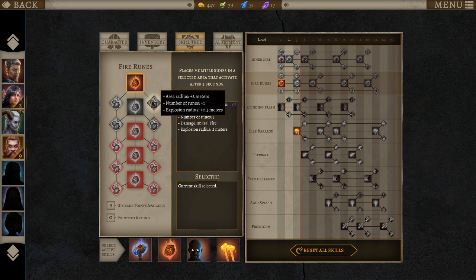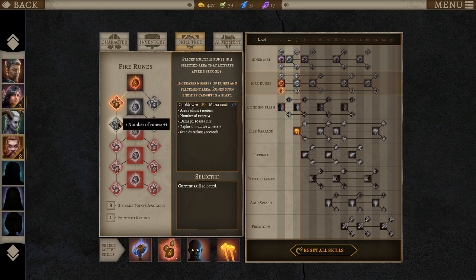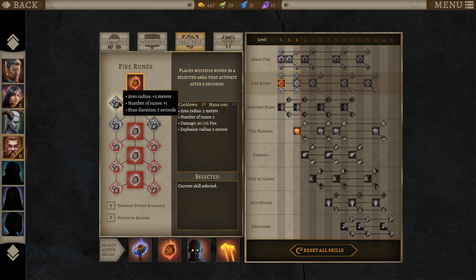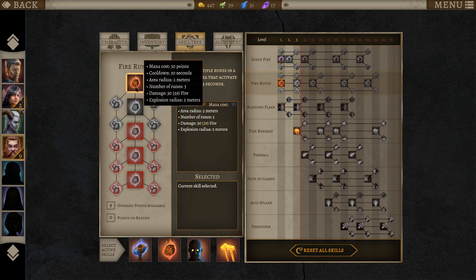Stun is really nice. Just anything you can do to interrupt the guy seems good, because then the ranged people can fire in the background. So I think I'm going to upgrade that. Number of runes plus 1 again. So the number of runes, it was default 3, I think, right? And now it's increased it. I think it increased it to 4. If I remove that, is that going to let me know? Yeah. Currently 3. This is going to increase the area radius, increase...